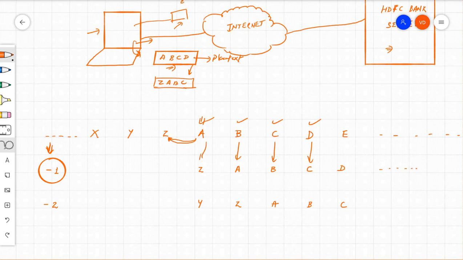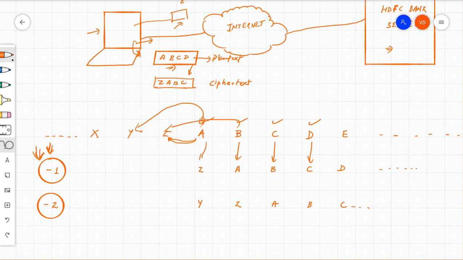But if I shift it by -2, A will be written as Y, B will be written as Z, and so on. So this is plain text. The output, when I implement this value, -1 or -2, will be my encrypted text, which we call ciphertext,